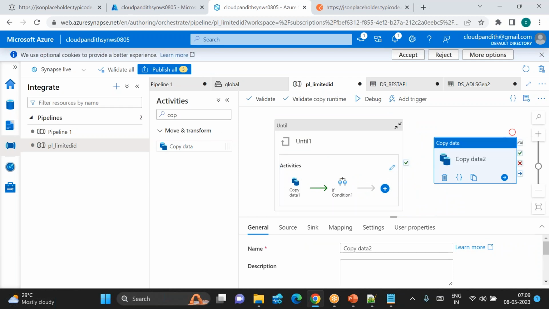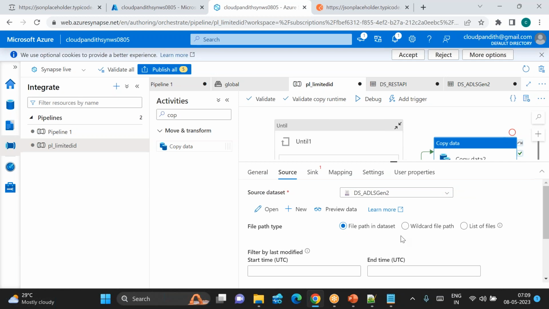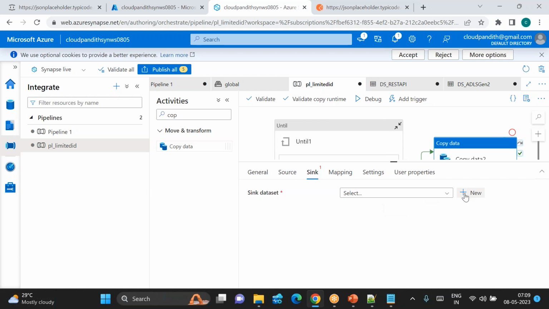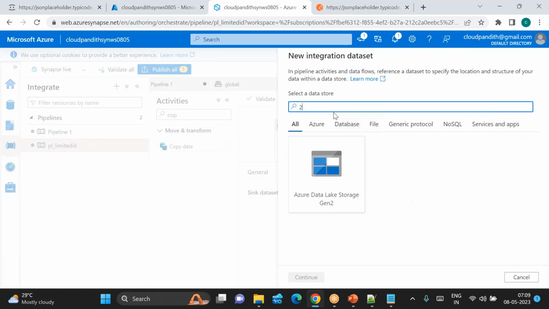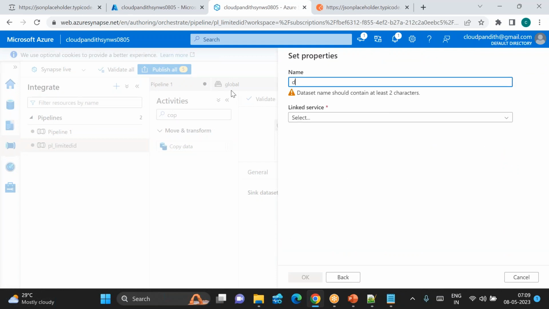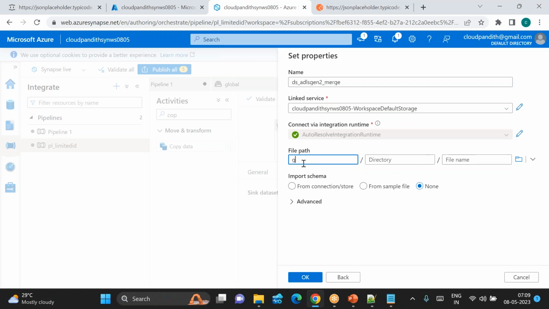After this, you use one more copy activity. What this copy activity does is, it points to the data lake which you have pointing to. So it points to the wildcard file path. Come to sink. Sink side again is the same Data Lake Storage Gen2, but I'll just create JSON only, DS for Data Lake Gen2 merge. Linked service is this. So I load the data into the global slash India slash landing slash user data